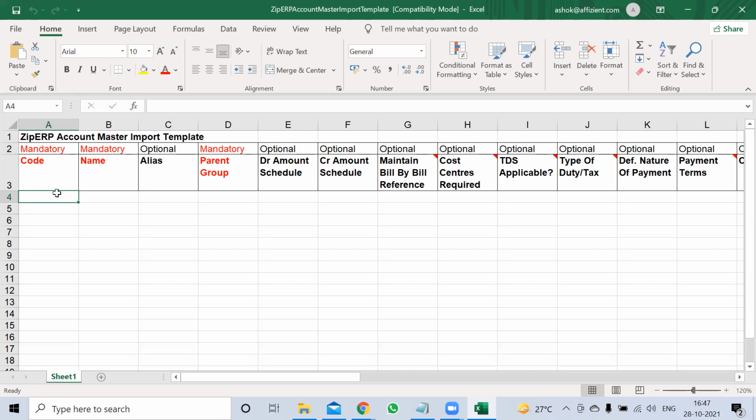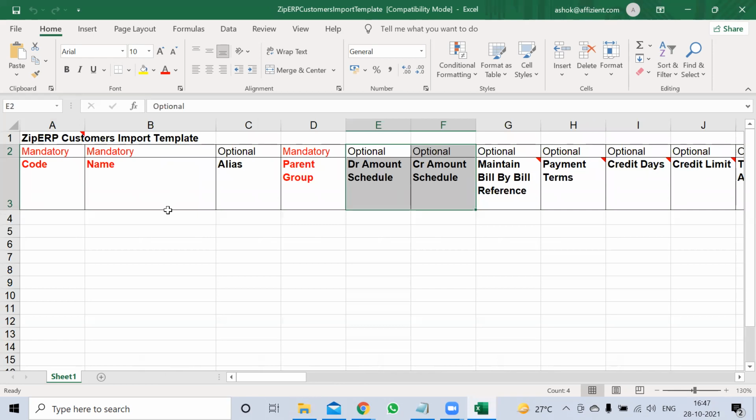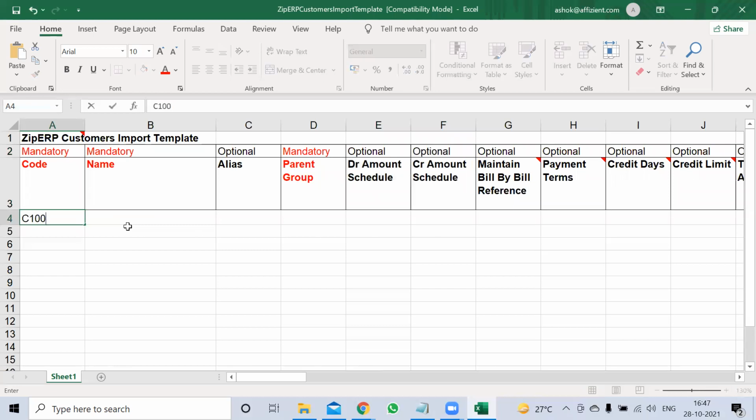You can close this window, sir. Excel sheet. Now open the customer window sheet. Down, middle one. Similarly, like you did in vendor, you can put some code here. 2001. Name of the customer, Ganesh Enterprises.